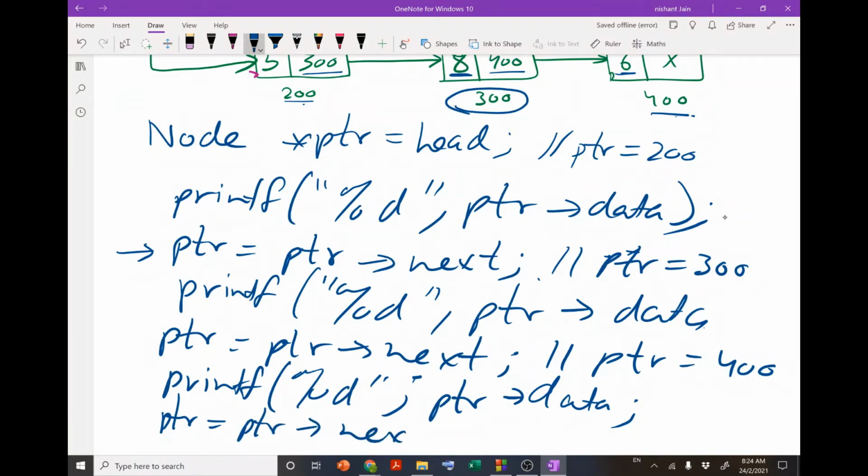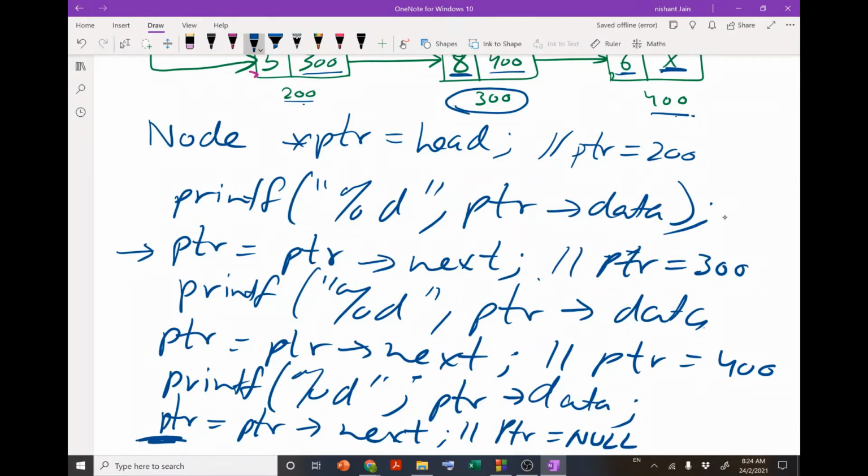But now you can see that this time the value of ptr will be null. It will be null because over here we have null. Since it is null, it means it is the last node, so I should stop over here.